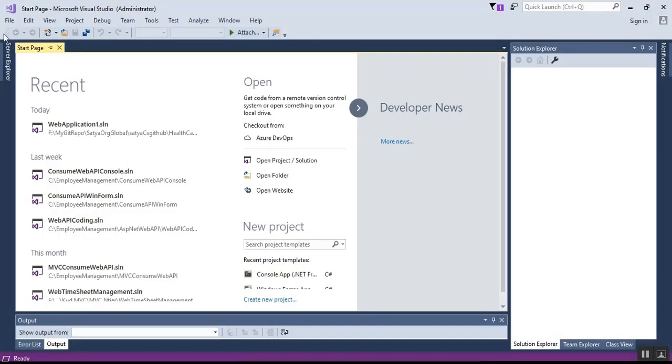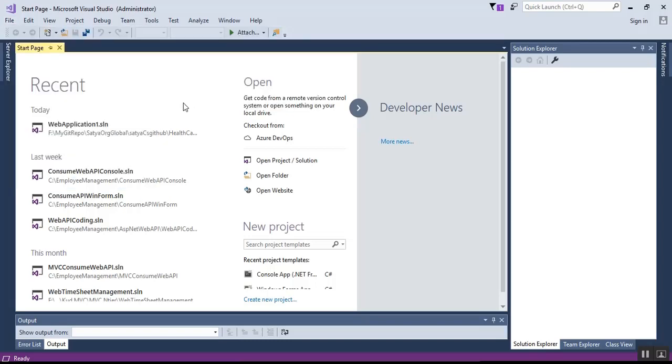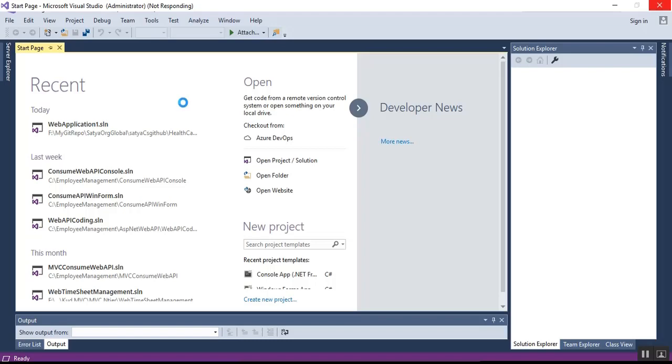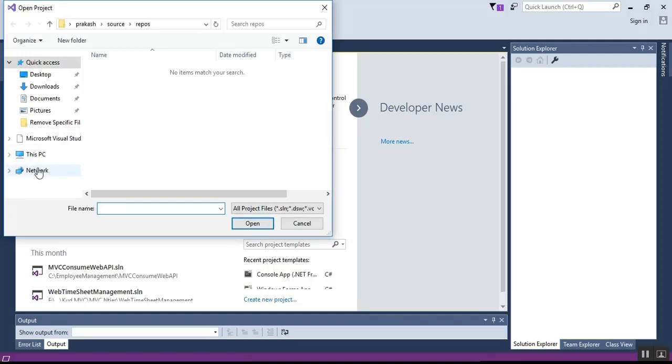And open Visual Studio and go to File, open Project Solution. So here I'll go to this path,